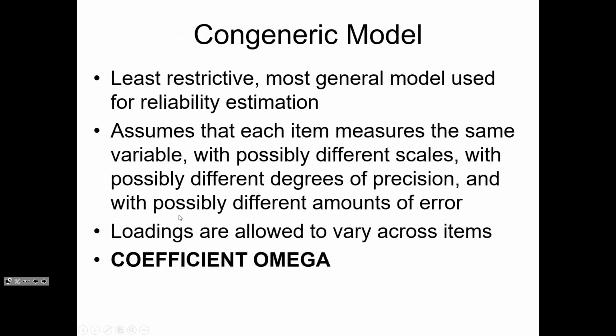All right. So again, we're really saying that each item measures the same latent variable. Those items could be on different scales. They could have different degrees of precision. They could have different amounts of error. And the loadings are allowed to vary across items. And then you can see down here, this